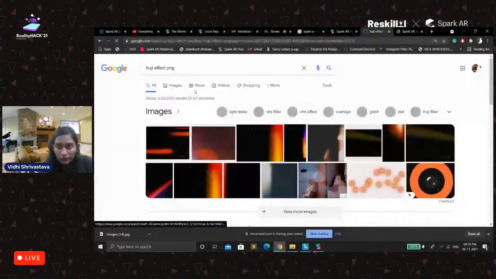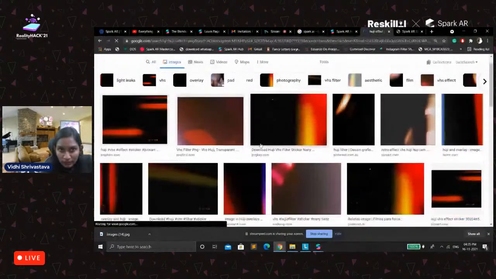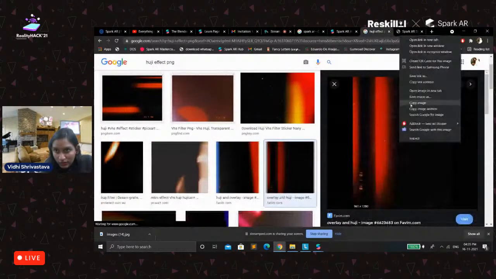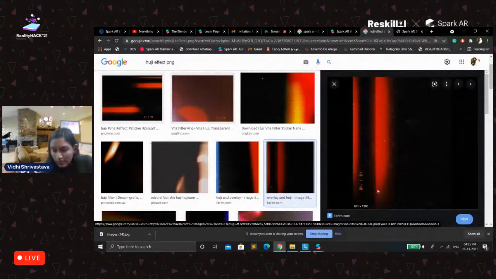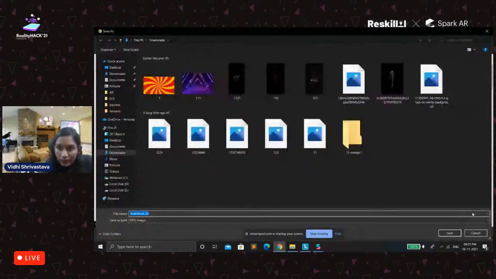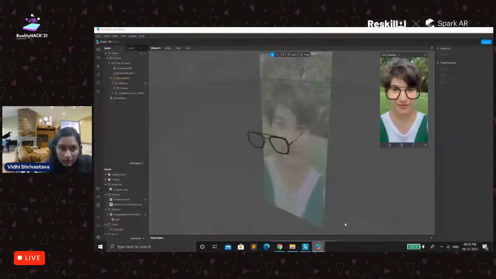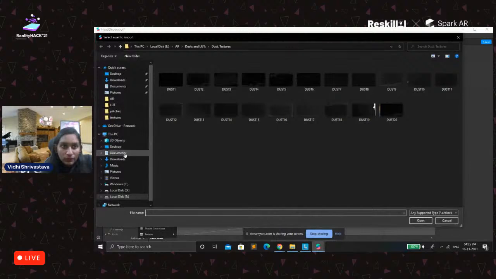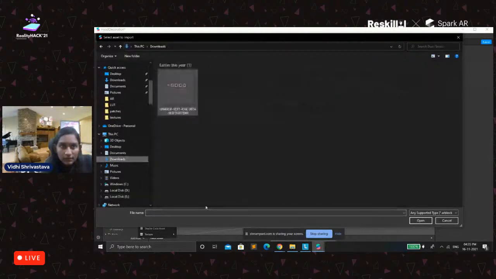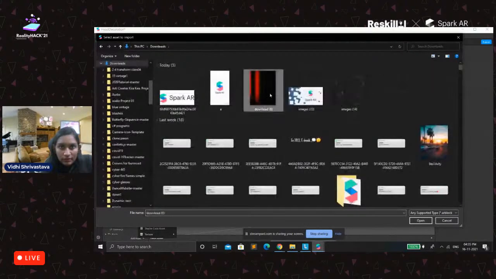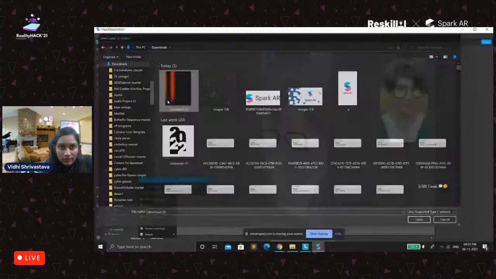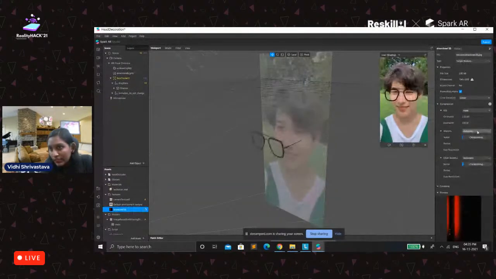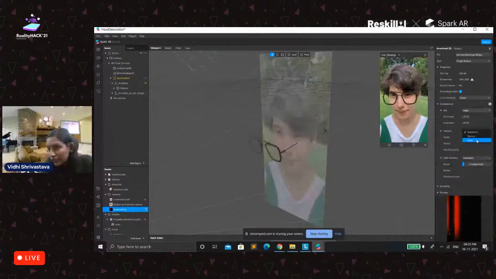So what we will do is download one for now. Let's take this one. Just save this and go to the assets from the computer and go to downloads, compress it for both iOS, Android, and older Android versions.